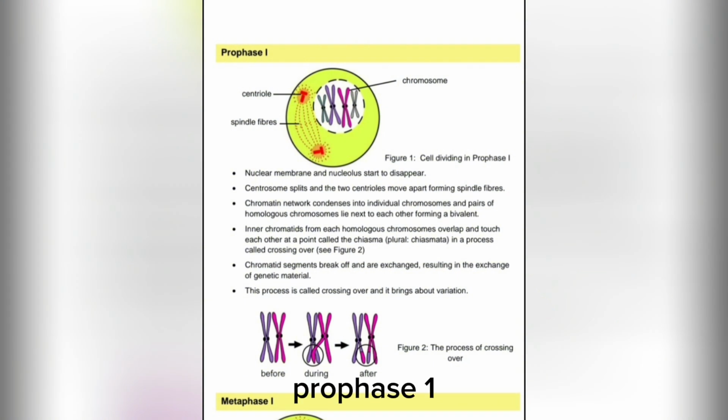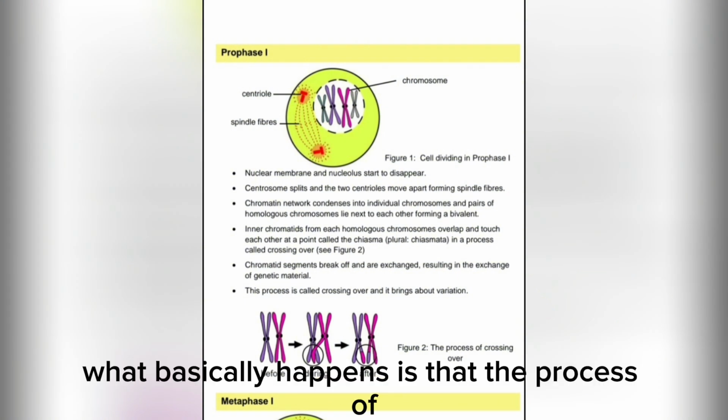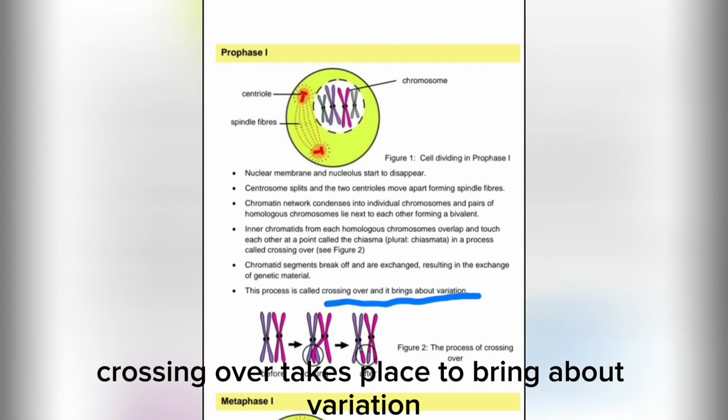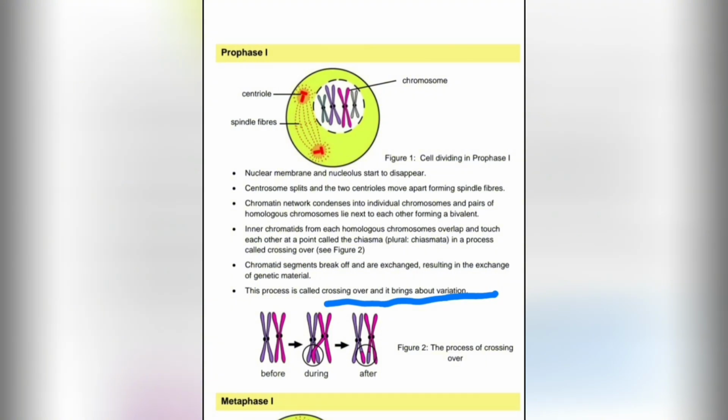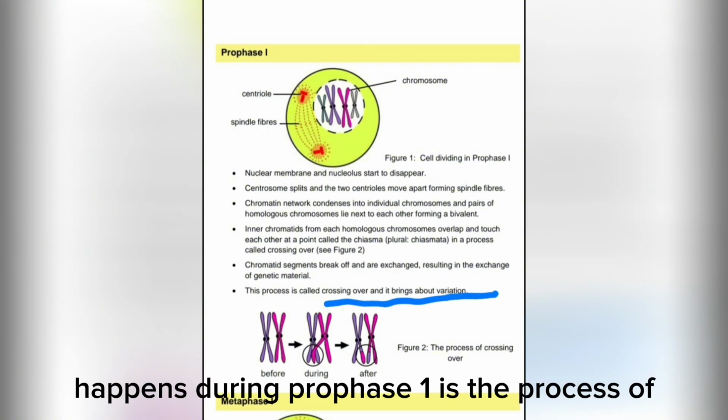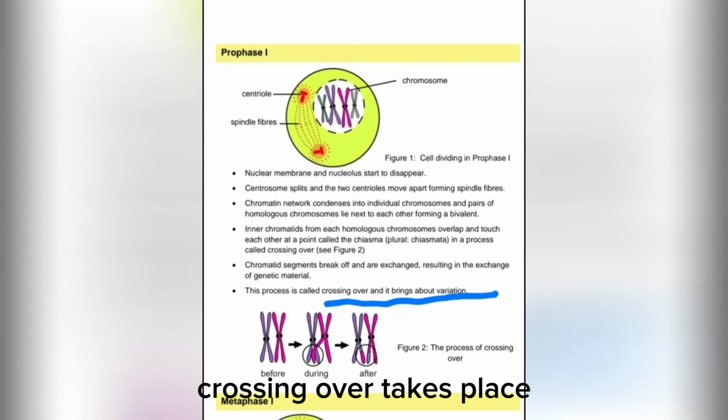So during prophase 1, what basically happens is that the process of crossing over takes place to bring about variation, right? Why does this crossing over take place? To exchange the genetic material. So what basically happens during prophase 1 is the process of crossing over takes place, then